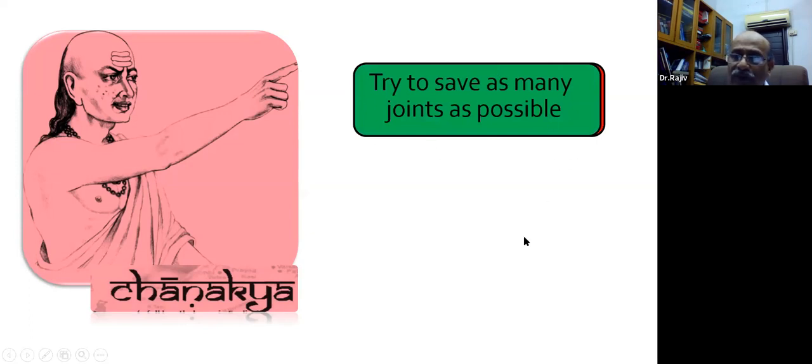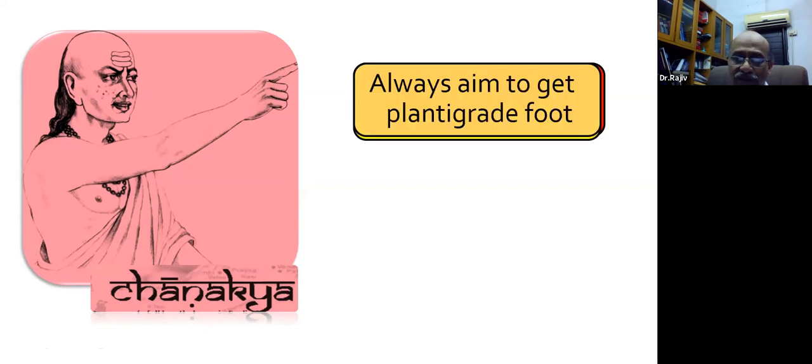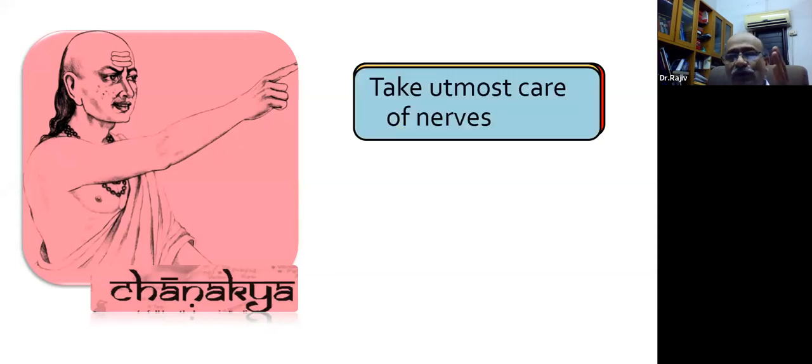It was said before that for any problem in foot and ankle, you do triple arthrodesis: arthrodesis of subtalar joint, talonavicular joint, and calcaneocuboid joint. But now the concept is you try to salvage as many joints as possible. And your aim is to get a plantigrade foot, which has a perfect weight bearing alignment. You're not bearing weight onto any other areas except those for which weight bearing is meant.